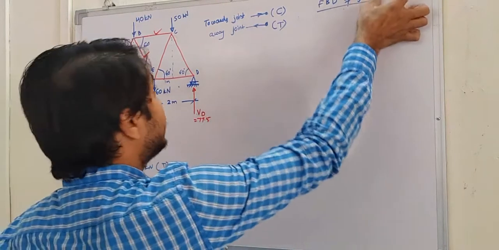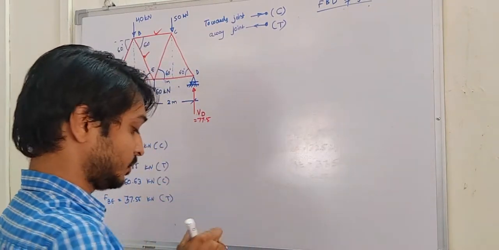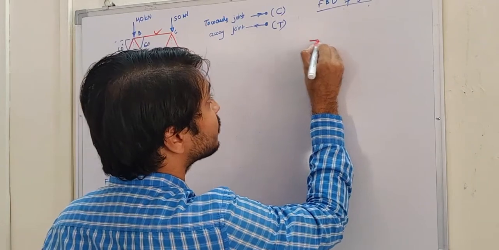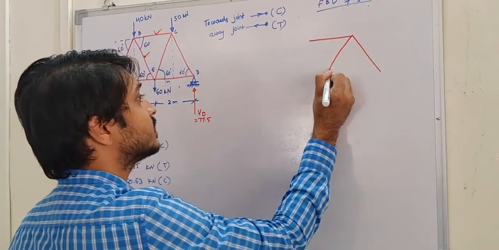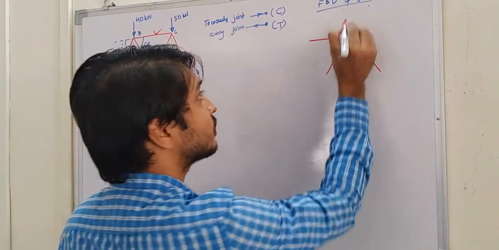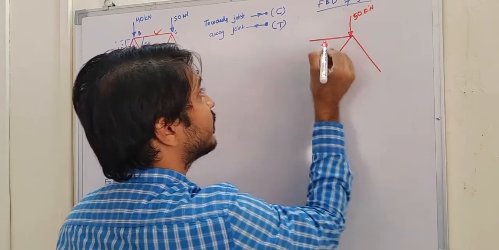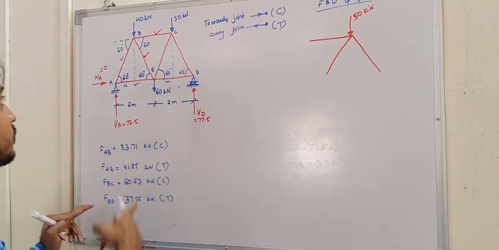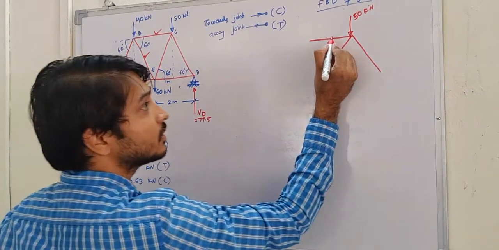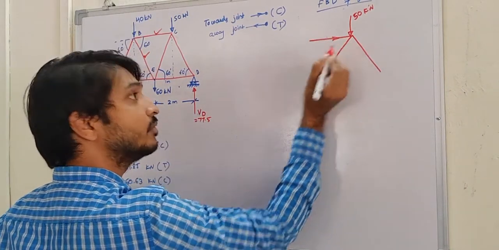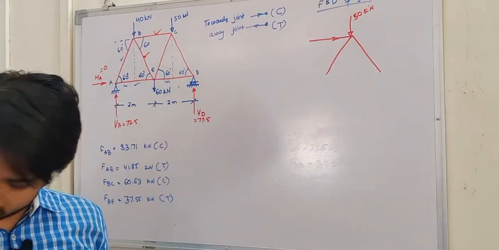So now we will come back to joint C. In joint C, what are the members we have? First we'll write the free body diagram. One member is horizontal and one is like this and one is like this. It is very similar to what we have seen in the previous case, just opposite of that. This is 50 kilonewton they have given and we have found this one. This is BC. BC is compression. FBC is compression, which means towards the joint. We had assumed initially tension, but we have got it as minus, so that's why we are taking the opposite of that.